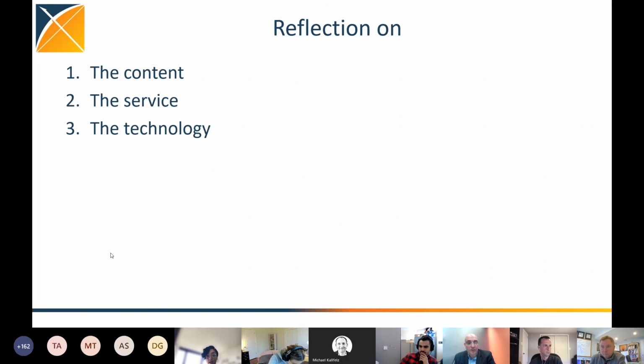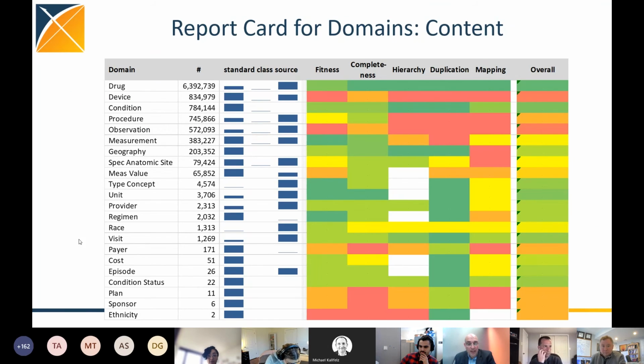So real quick, you guys are an analytical crowd, so reading a complicated heat map is no problem. You see this thing and immediately have it fully passed through and got all the content in. So here's what I did. These are all concepts by domain, sorted by size. So drugs are by far the most, by order of magnitude, the largest domain with the most